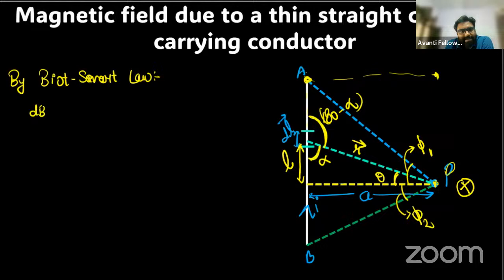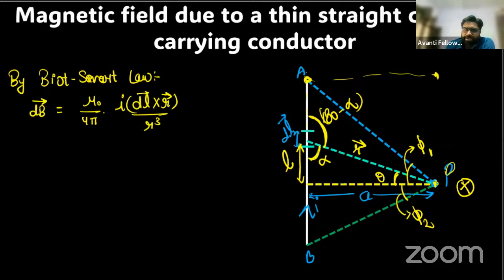This would be given by dB vector is equal to mu naught over 4 pi I dl cross r vector upon r cube. Now r vector we can also write as r into r cap. r is the magnitude, r cap is the unit vector. That r would cut out one of the powers of this r cube. So finally, if we talk about the magnitude of it, we would have mu naught over 4 pi I